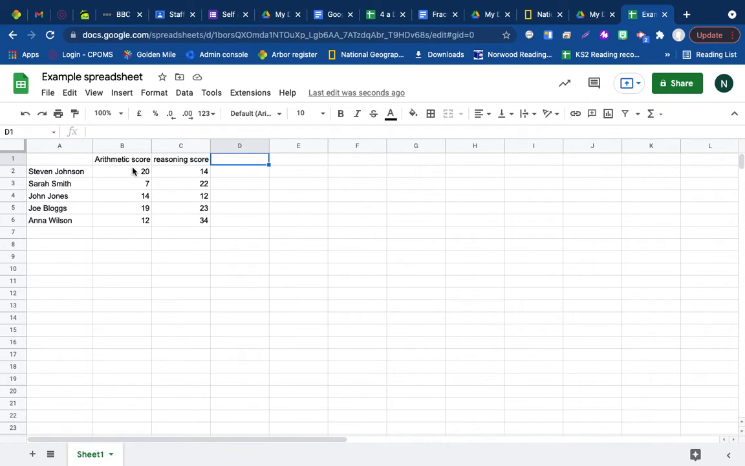So I've put together an arithmetic score and I've put together a reasoning score, and we want to work out the totals. We wanted the spreadsheet to do it for us basically. So I'm going to put total as a heading on this column. Now I'm going to put in here a formula, and the first part of my formula is going to be